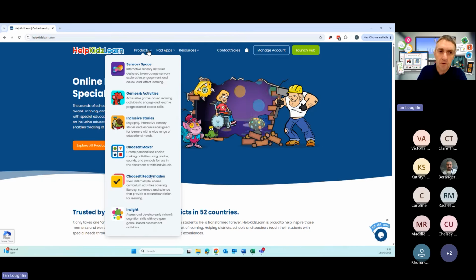So there's 6 online-based services on HelpKidzLearn. You have to log in to actually access them, and this is the recommended route we take. So we have Sensory Space, which is very early cause and effect learning, using a variety of different access methods, whether it's switch, eye gaze, direct touch, mouse. And that is, in fact, across the board of all these services, you can use all those different types of